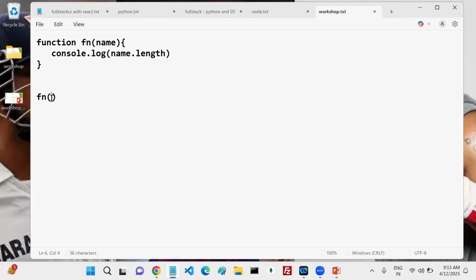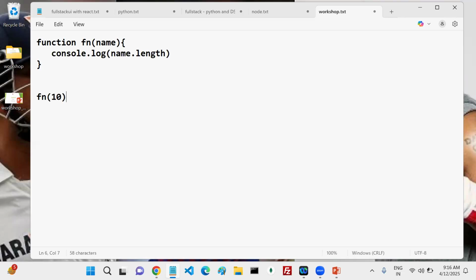But in JavaScript, if I pass 10, will it alert you? Is there any person to alert you, saying, hey man, I'm not expecting a number, I'm expecting a string? At the time of writing, or at the time of passing this value, is anyone there to alert you? Tell me, in JavaScript, is anyone there to alert you? No, right? No one alerts me.